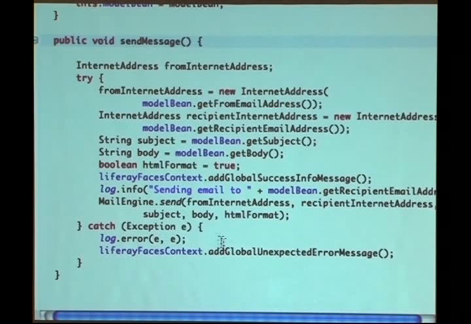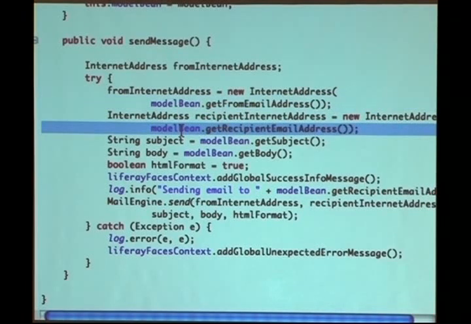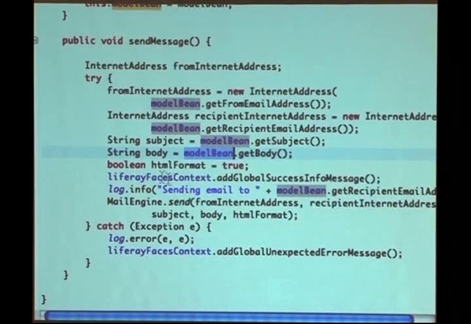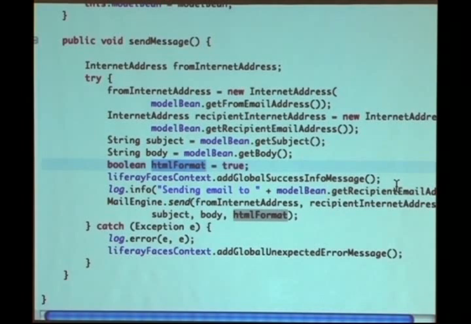What I do is I call modelBean.getFromEmailAddress, modelBean.getRecipientEmailAddress. What did the user provide in the subject? What do they provide for the body? I want this to be a nice little HTML formatted message. If all goes well, I want to add a success informational message. And then the Liferay API has a static utility method called MailEngine.send, and it just sends the email. So all I have to do is pull that stuff out of my model and then tell Liferay to send the email. If something goes wrong, I just say LiferayFacesContext addGlobalUnexpectedErrorMessage, and we'll see that message up